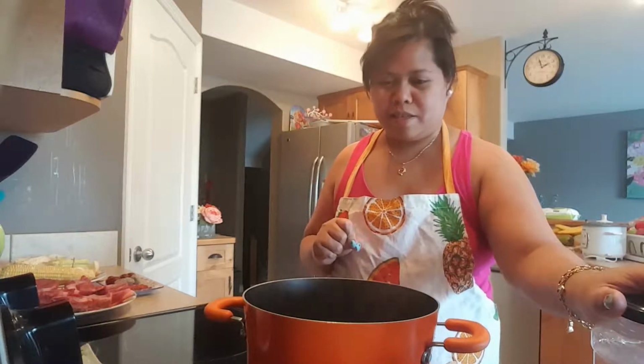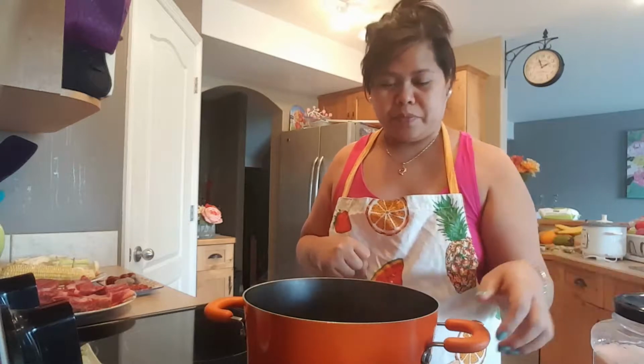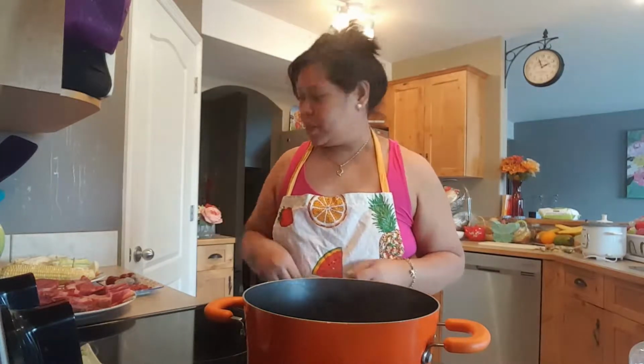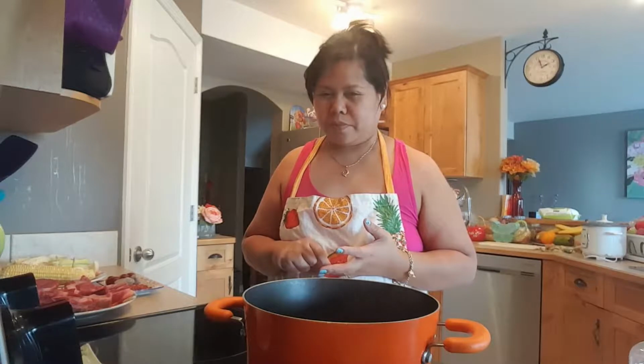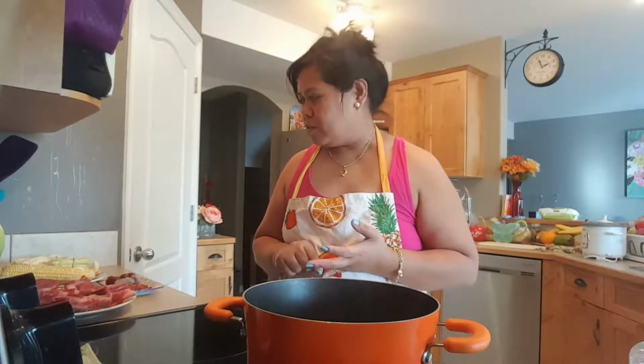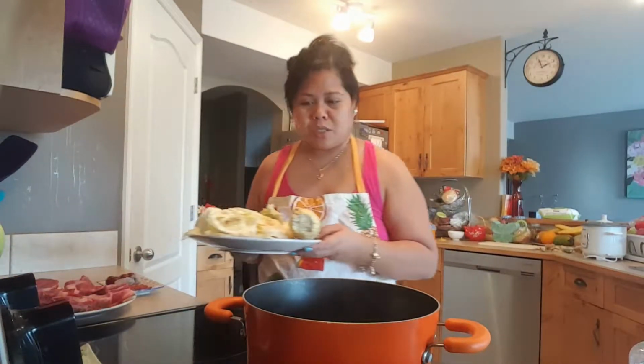I'm going to cook today beef tinola, but I don't think this is really Filipino style because I don't have other stuff like green beans, what is that called, cabbage. I don't have that, so I'm just using whatever I have in my fridge. So I'm just using this